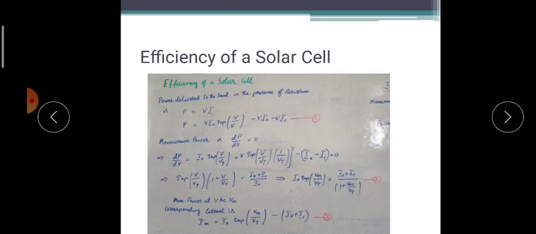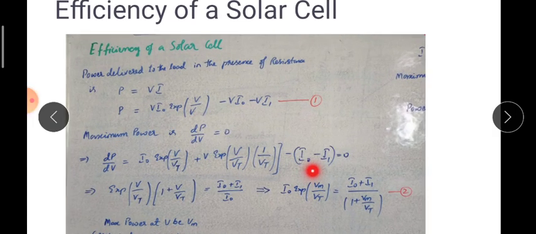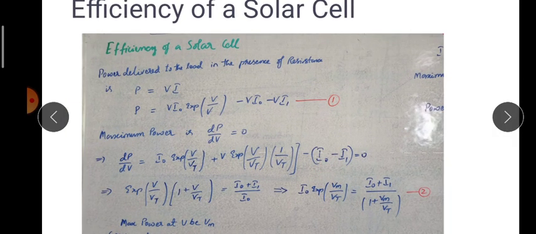Efficiency of a solar cell can be calculated by using the following formulas. We already know that power is given by P is equal to voltage into current. If voltage is kept as V and current in a given semiconductor is given by I naught exponential V by Vt minus V, I naught minus IL. The maximum power